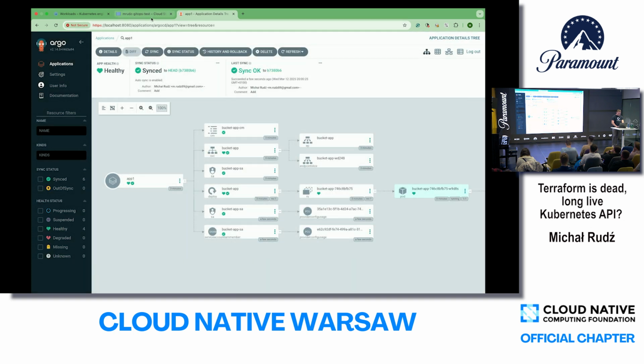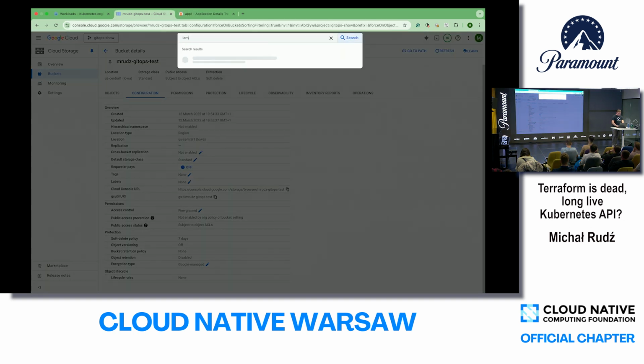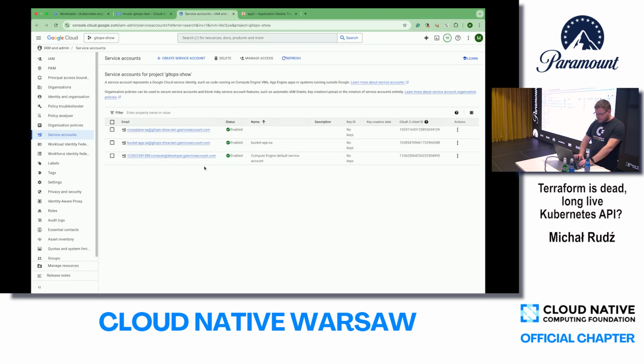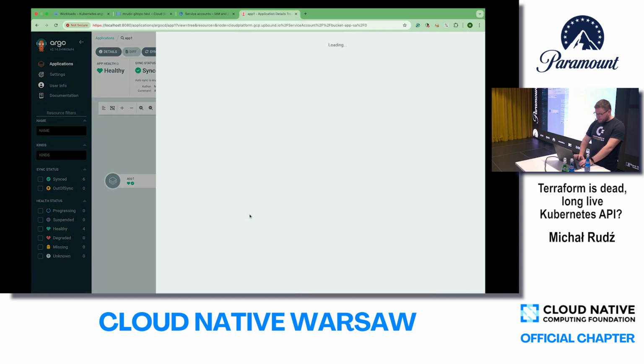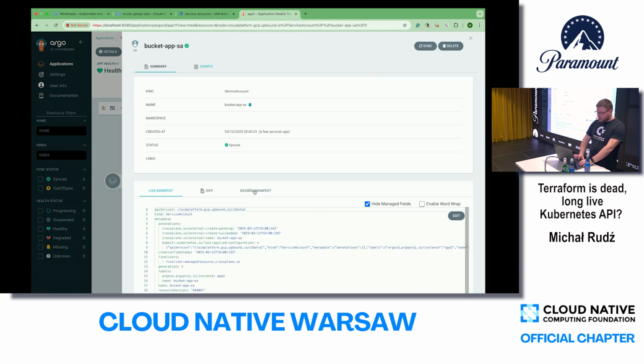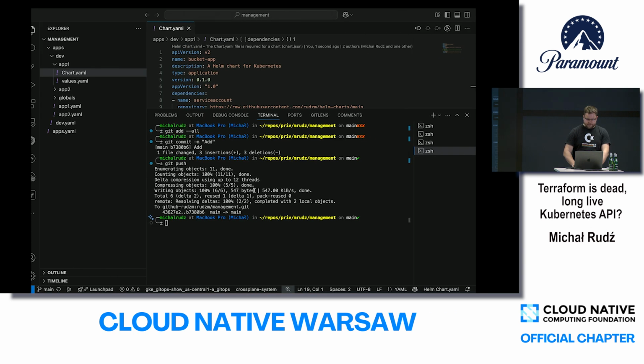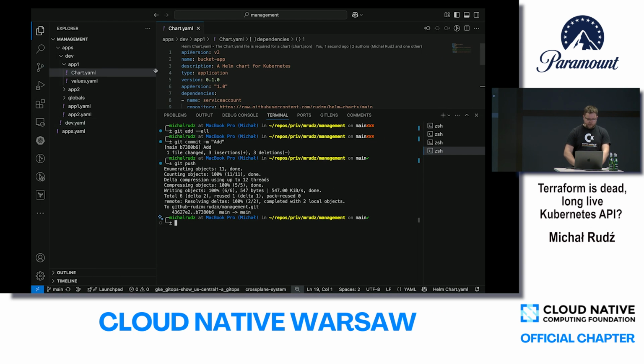We can check inside the cloud whether the service account is created. Yes, the bucket app service account, which is the same as we defined. Okay, so we have one element of the puzzle. The next one is the bucket. So we go back to our repository,